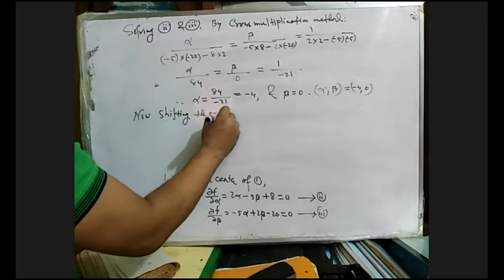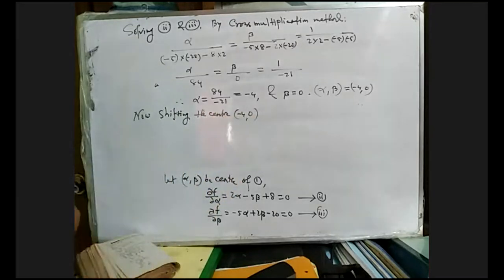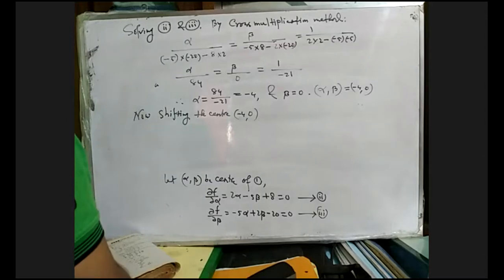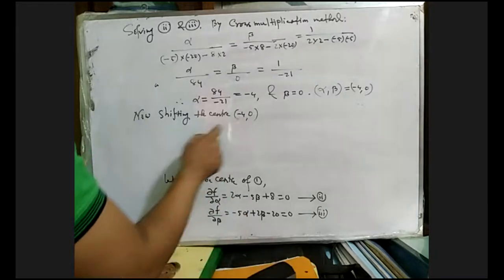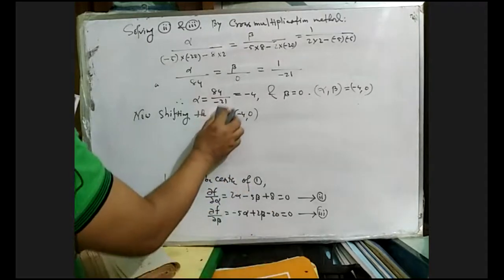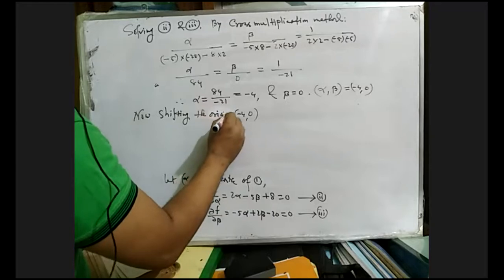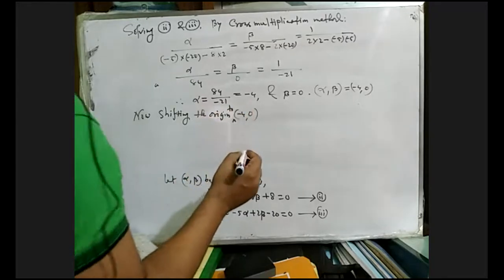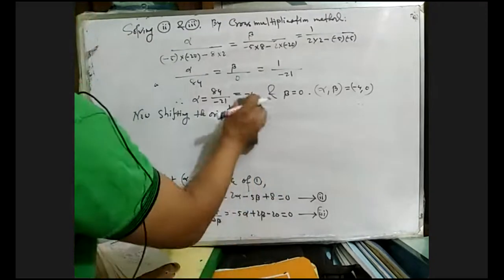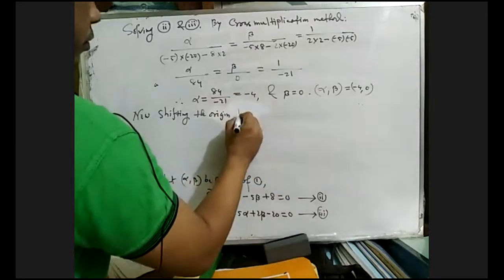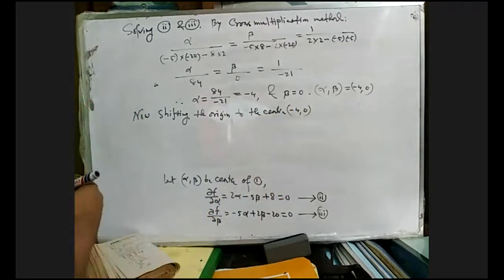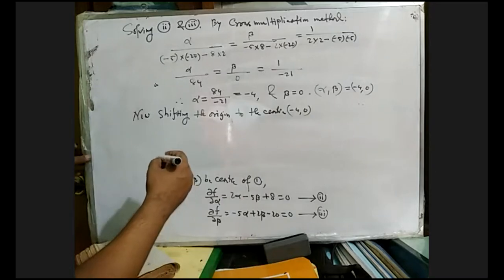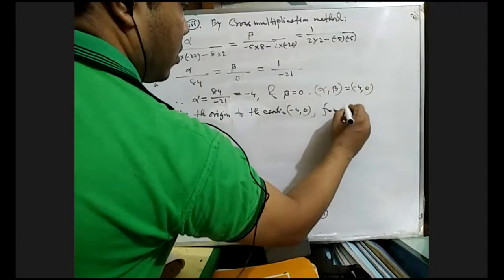Now shifting the origin to the center, minus 4, 0. We can write from equation 1,